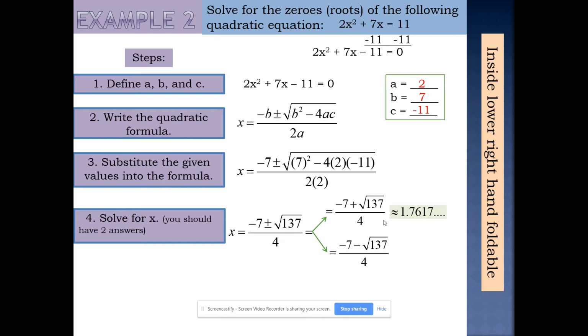And it's going to give us a decimal. It's approximately 1.7617 and so on and so forth. And the same thing with the other side. We're going to have to put it in